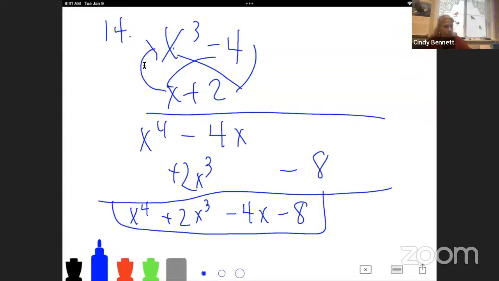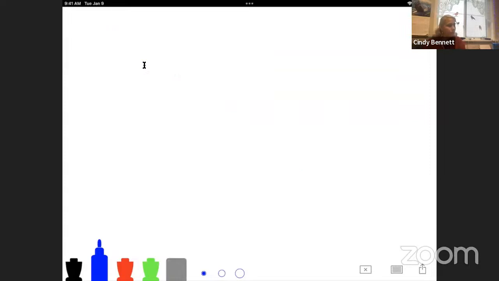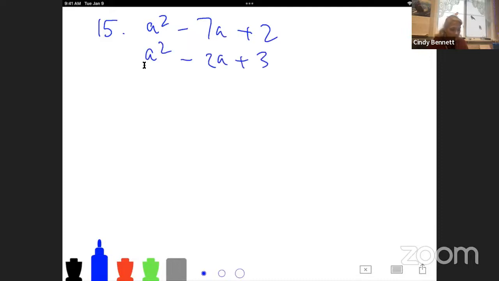All right, that's number 14. Now I'm going to do number 15. So a squared minus 7a plus 2, times a squared minus 2a plus 3. Okay, so if I have 3 terms, that means I'm going to have 3 rows of